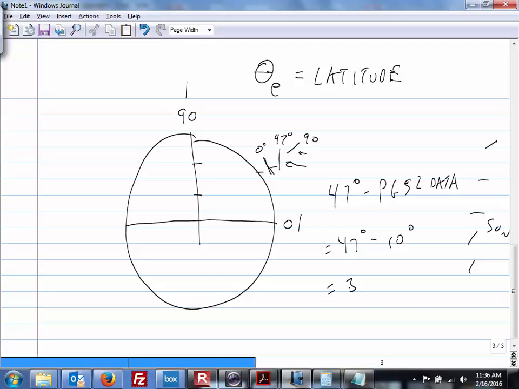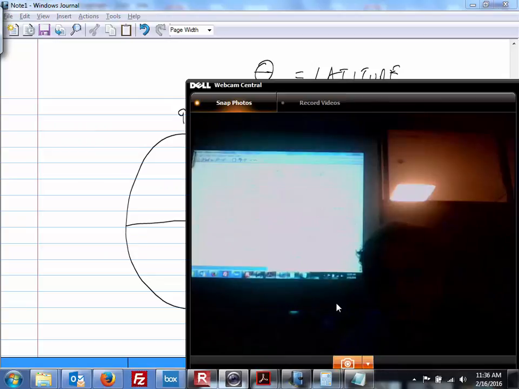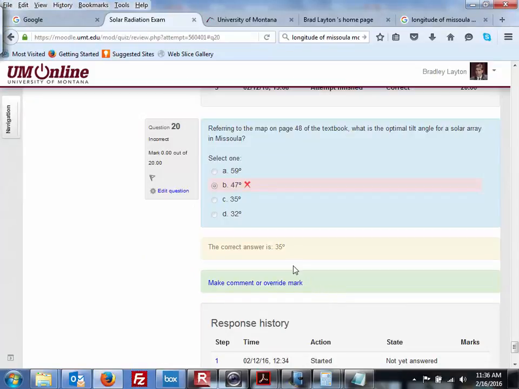Equals 37 degrees. And the answer was 35. Well, 35 is closer to 37 than anything else on there. So yeah, it could be just use the 12. And again, you know, these are engineering answers as well. It's never going to be exact. And when we dig into this a little deeper, we'll also see that